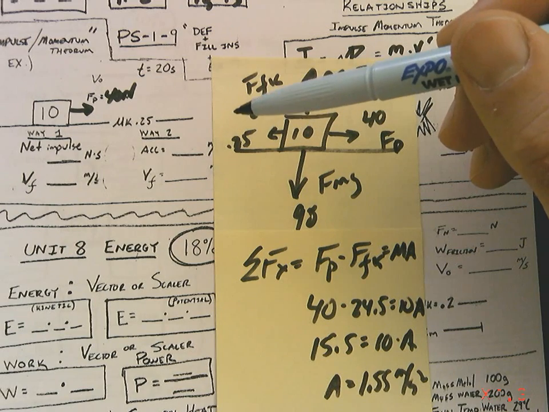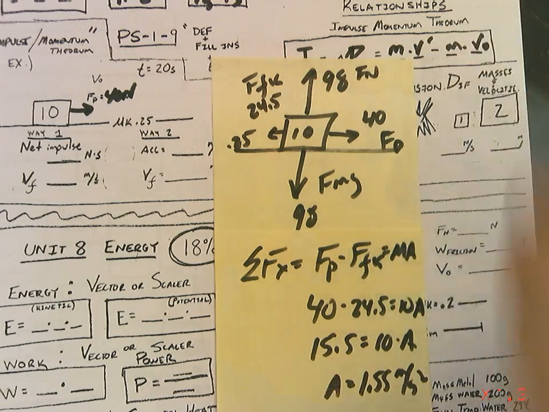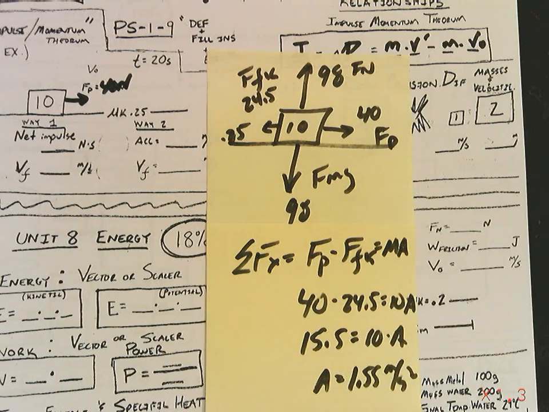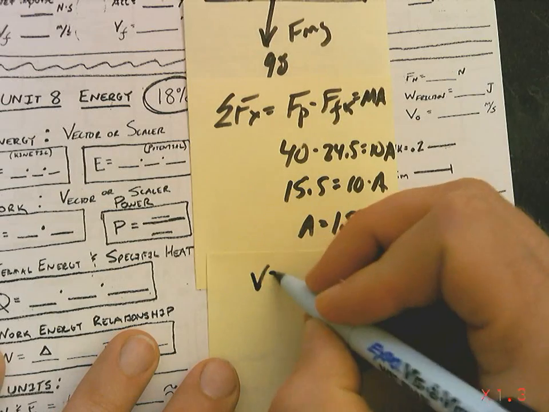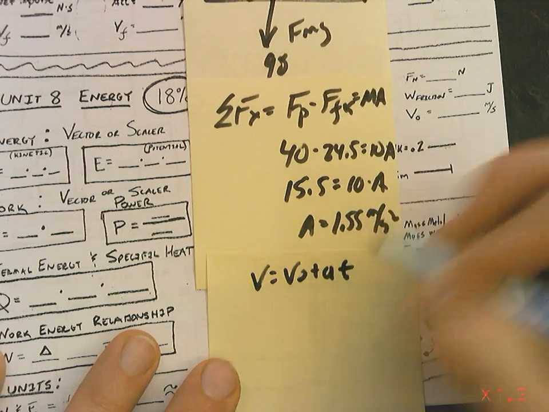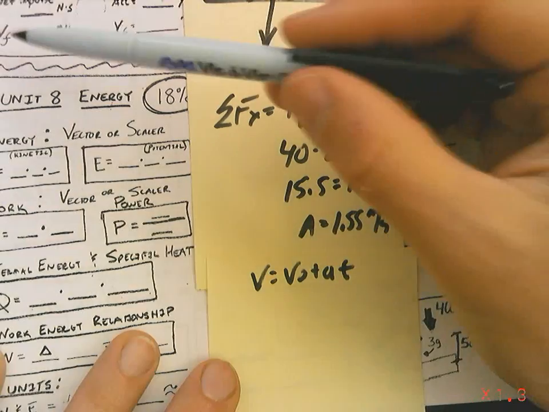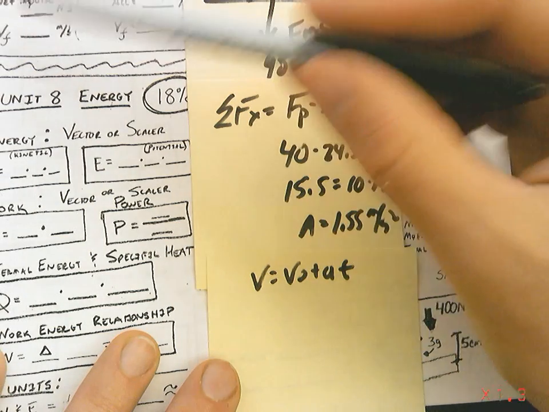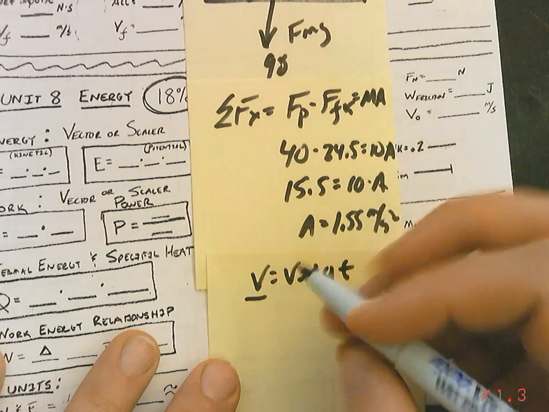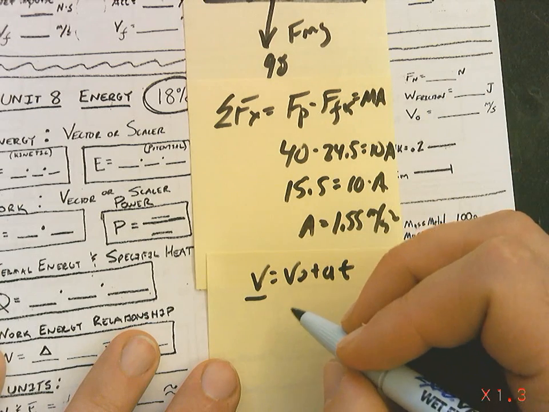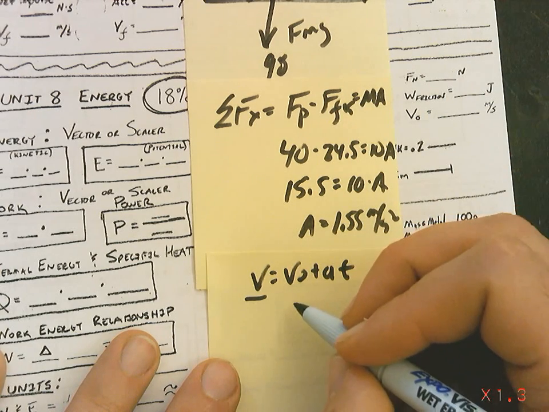So what we do is we use our magic physics formula number 1. It's been a while, so it's a good idea to review that. Magic physics formula number 1 is V equals V naught plus at. Looks like we're after the final velocity, actually. I think when we did this in class we found the initial velocity, but this time we're going to solve for the final velocity. So I put in my initial speed,